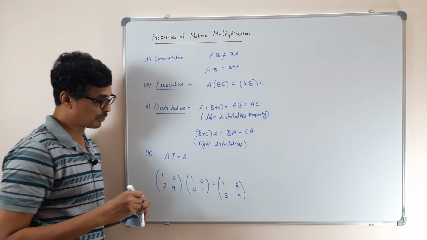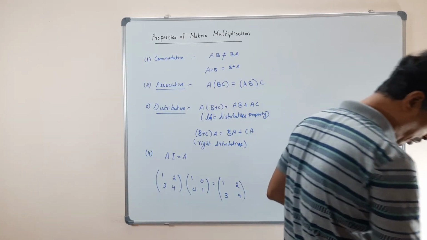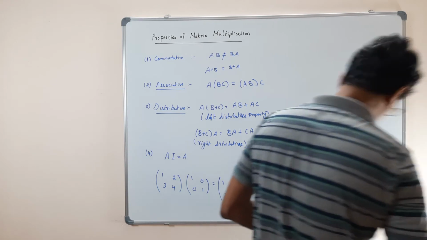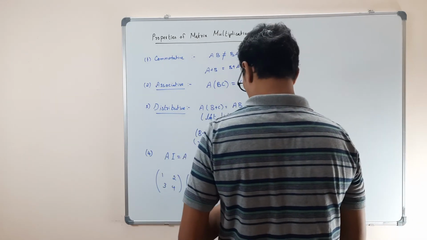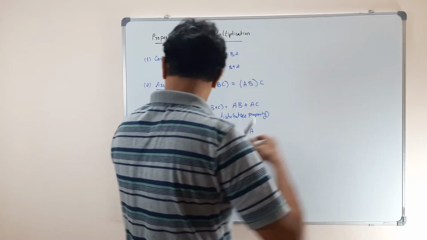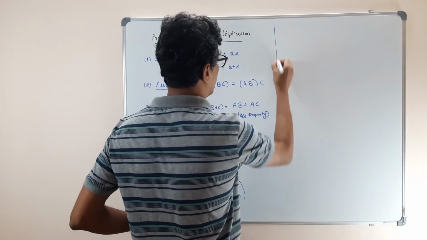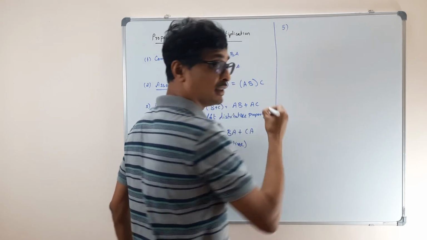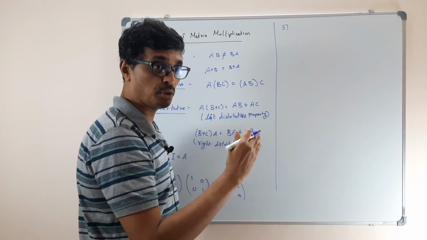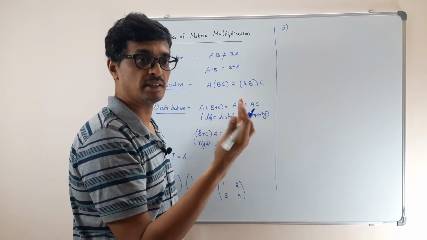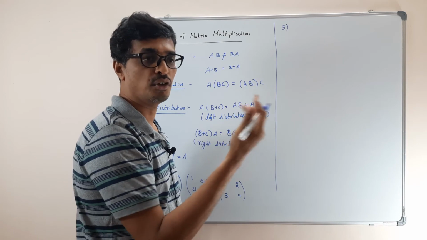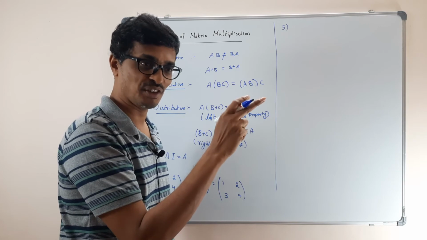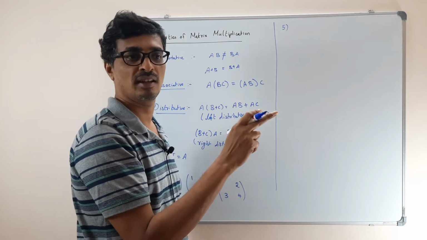Okay, so this is one property, and there's another interesting property which normally you don't realize in your normal mathematics. If you remember, suppose you know a null matrix, that is all elements will be 0. Suppose I give you two numbers x and y, with xy equal to 0, what do you say? Either x should be 0 or y should be 0. Correct? In matrices it won't be.